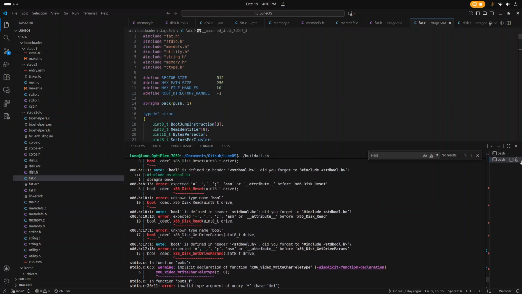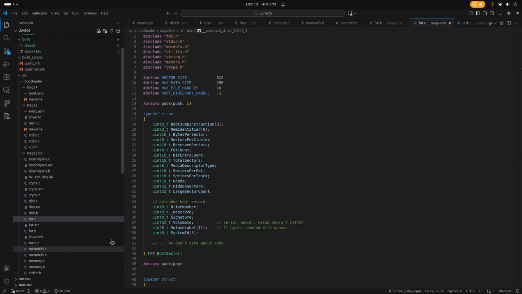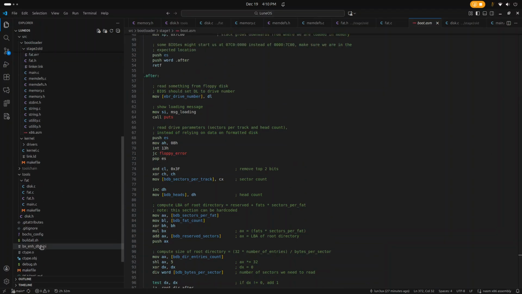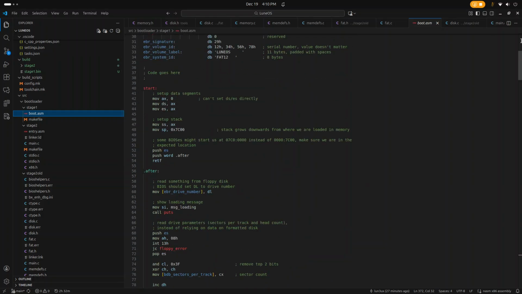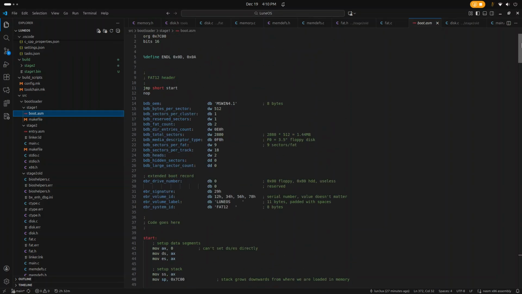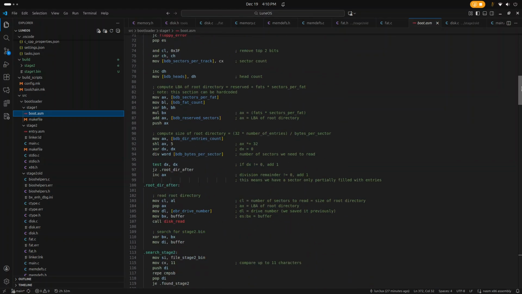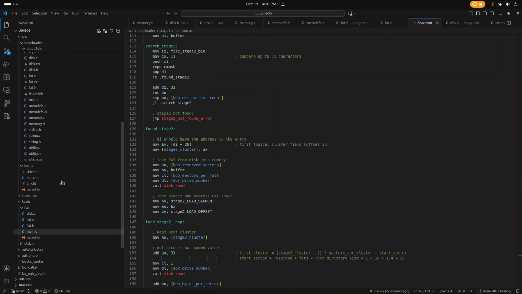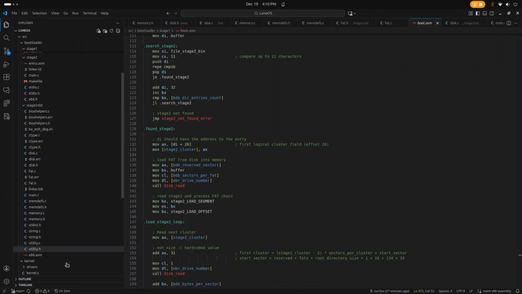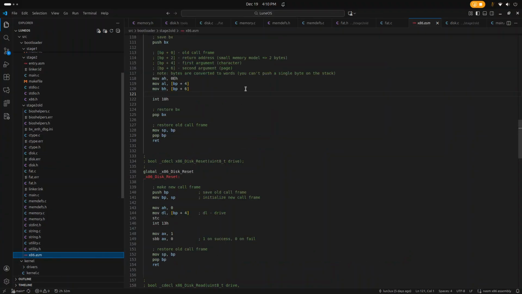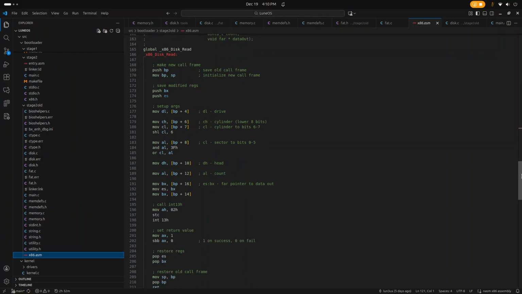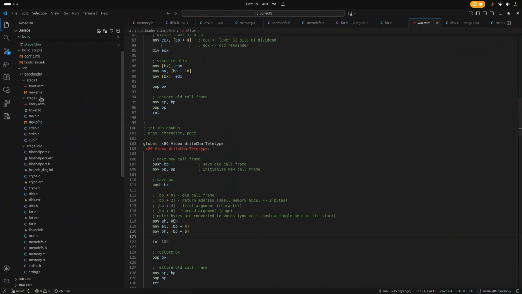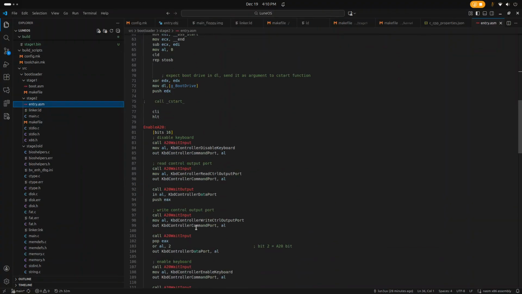One thing that I really enjoyed was coding in assembly. Even though I don't do it a lot, and most of this is in C, I did spend most of my time in the assembly files. This is stage 1, pretty easy stuff. My favorite, though, was definitely learning about BIOS interrupts and computer architecture. This whole thing is just different functions that I made in assembly. So really fun stuff.